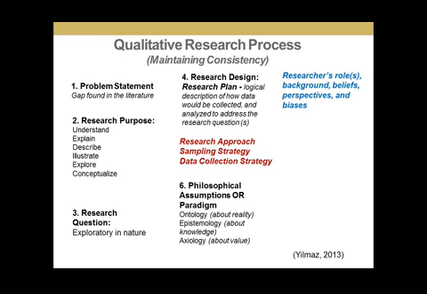Then you have to think about yourself too. Because you are an instrument in a qualitative study, the researcher is an instrument. You have to know your role in the study, know your background, know your beliefs, know your perception, know your bias, because they are going to influence the actions that you're going to take in a study. They're going to influence maybe the approach that you take. You're going to influence how you ask your participant questions. They're going to influence the relationship that you're going to have with your participant. So your role is very important.